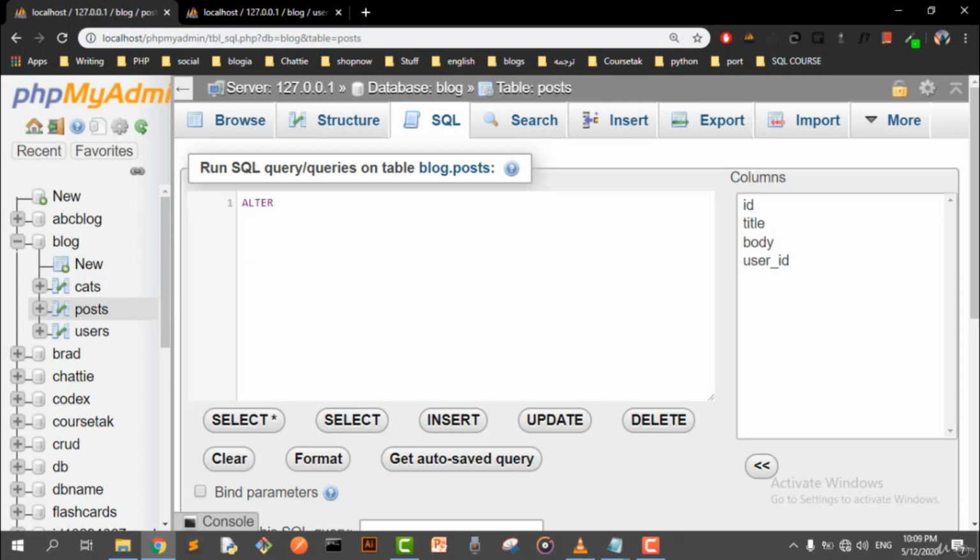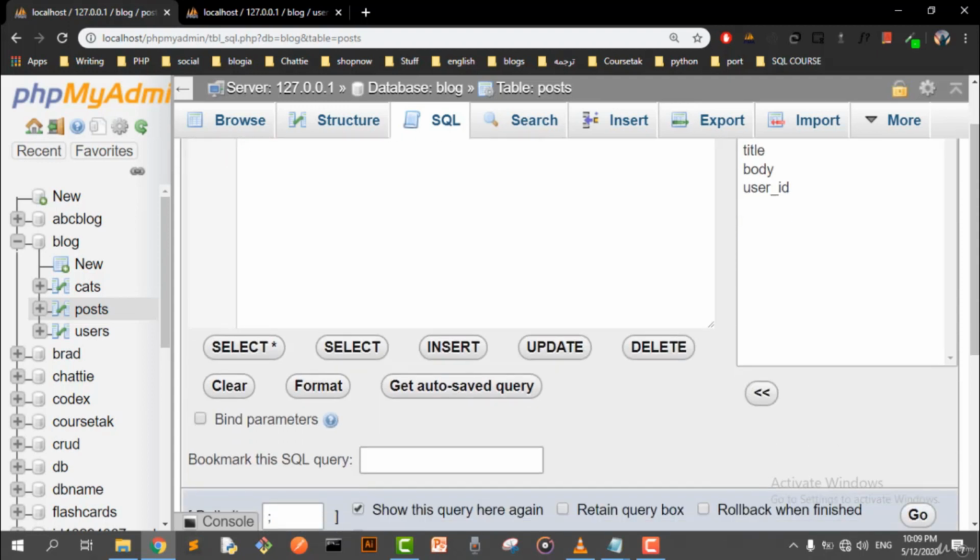Type in alter table and the table name, which is users, add primary key, and open our parentheses, which is right here, and we are gonna put in the ID. Okay, and I have discussed in the first videos what a primary key is. Hopefully you've been following along from the start. So if we actually put the semicolon right here and press